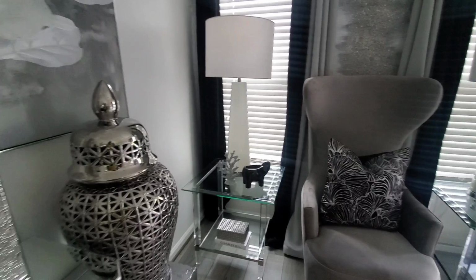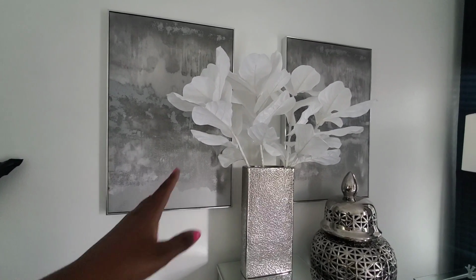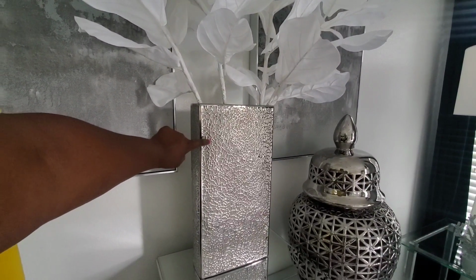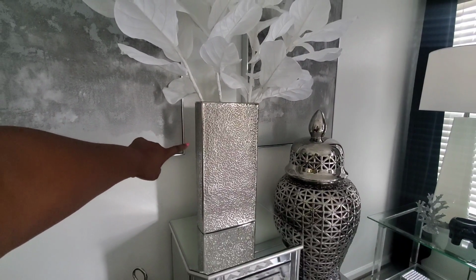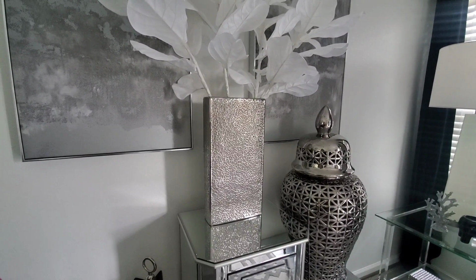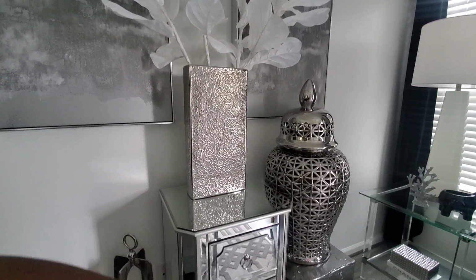So I'm going to pan on around this way. So my wall art on this side came from Home Goods as well. These beautiful pics here came from Z Gallery. This vase came from a lady who sells on Instagram. I will leave her shop, the name of her shop below as well. I think it's Lifestyles by Inc. NYC. This big, huge, beautiful ginger jar here came from Home Goods, as well as the stand